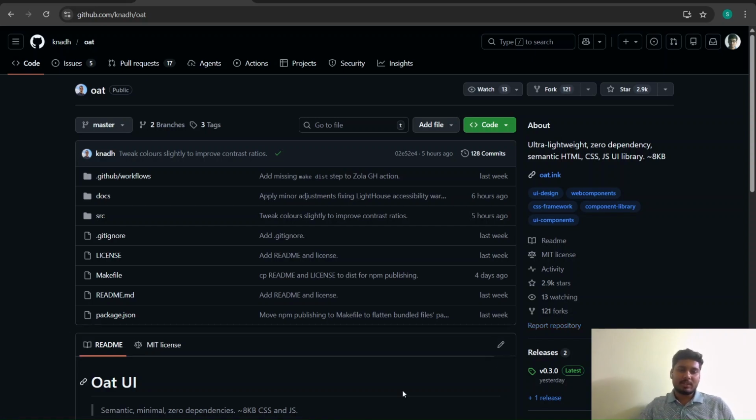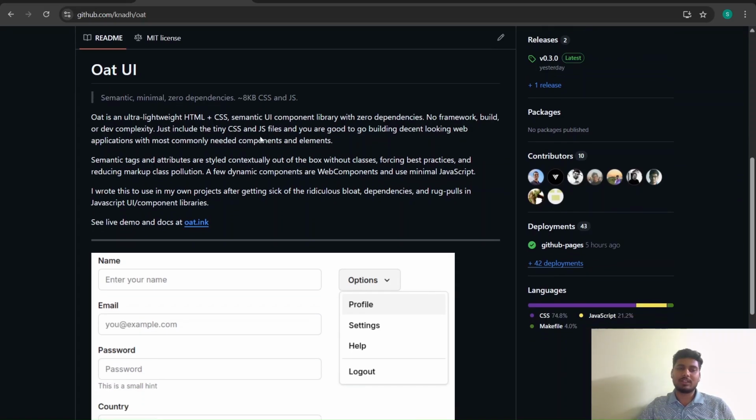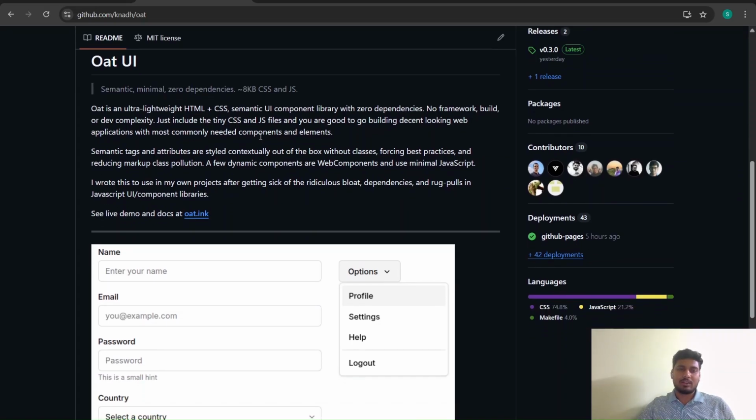Now you can see my screen, and here is this Oat library, which is created by the CTO of Zerodha. This library is following the semantic approach, and it is very minimal with zero dependencies and a teeny size, 8 kilobytes of CSS and JS. You can read the readme. It's mentioned that they are following semantic behaviors. Why semantic behavior? Because